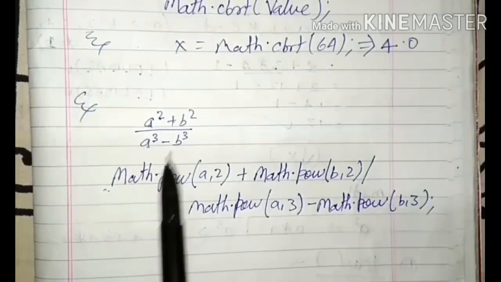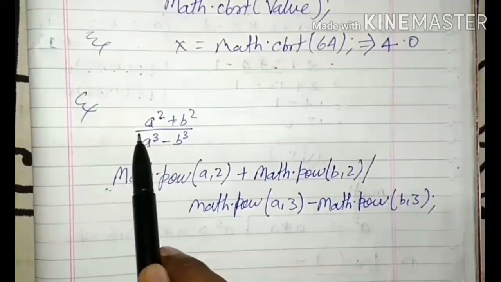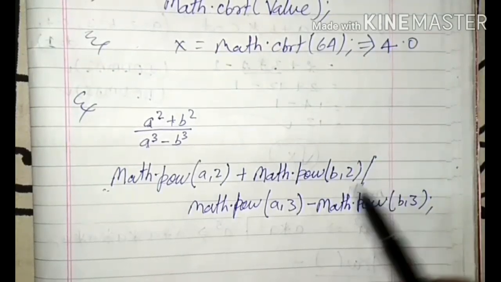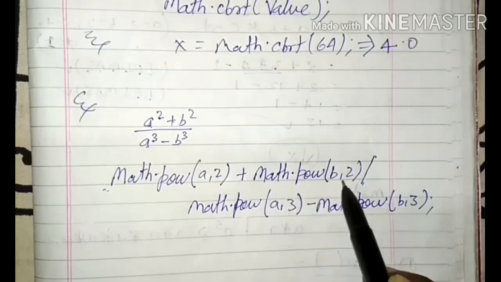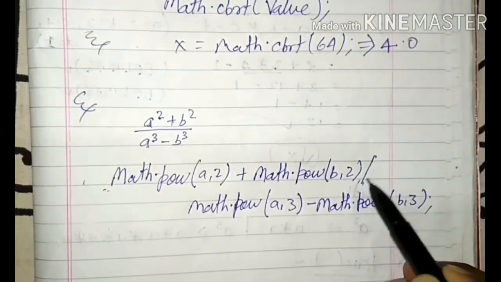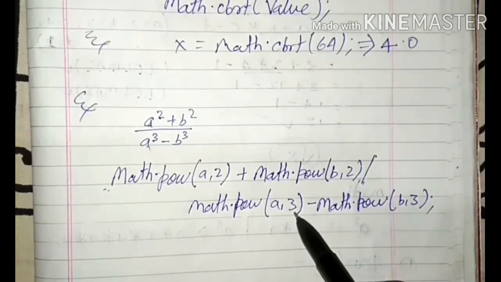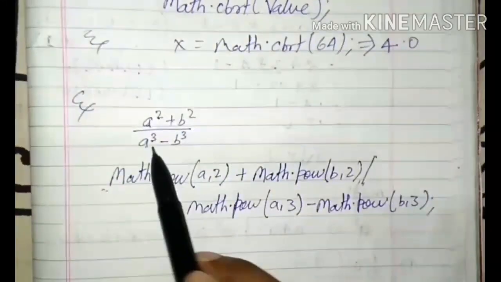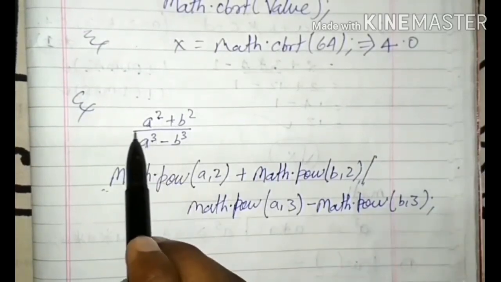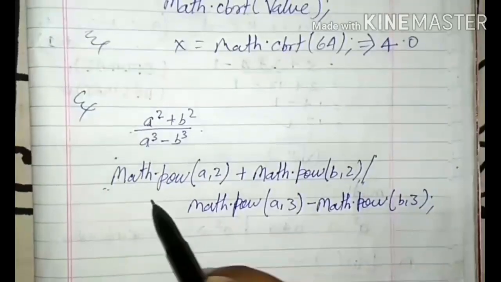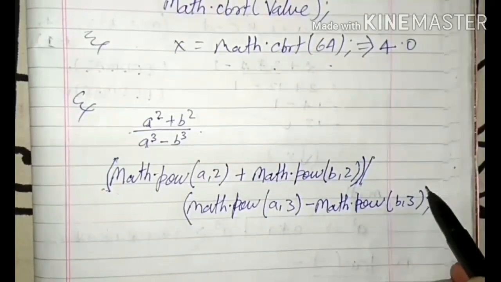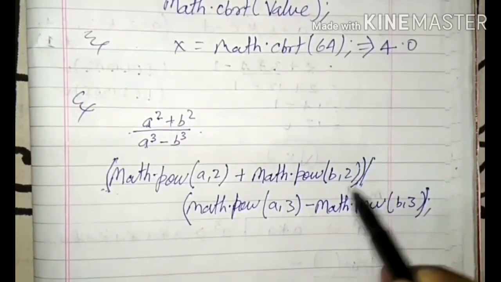But one thing more you have to mention here: whole divided by. If you use this divide sign, Math.pow(b, 2) means b square divided by a cube. This will be considered as b square divided by b cube. But in the expression it is whole divided by. How can we calculate this as whole divided? If you want to use whole divided, then after writing the expression, use the bracket from here to here. This is the whole calculation. The bracket shows this whole calculation,